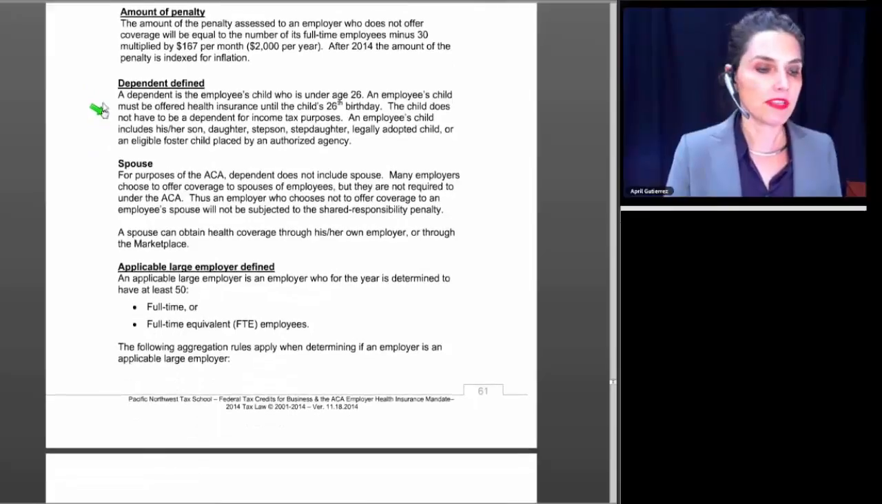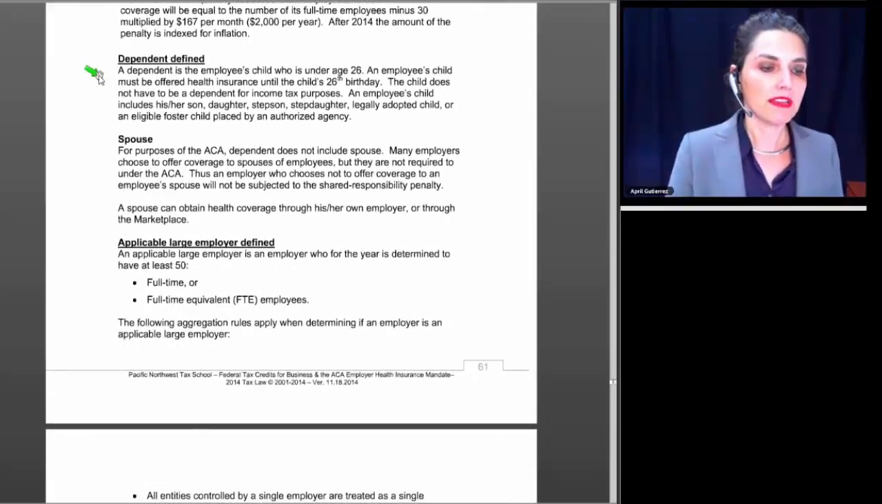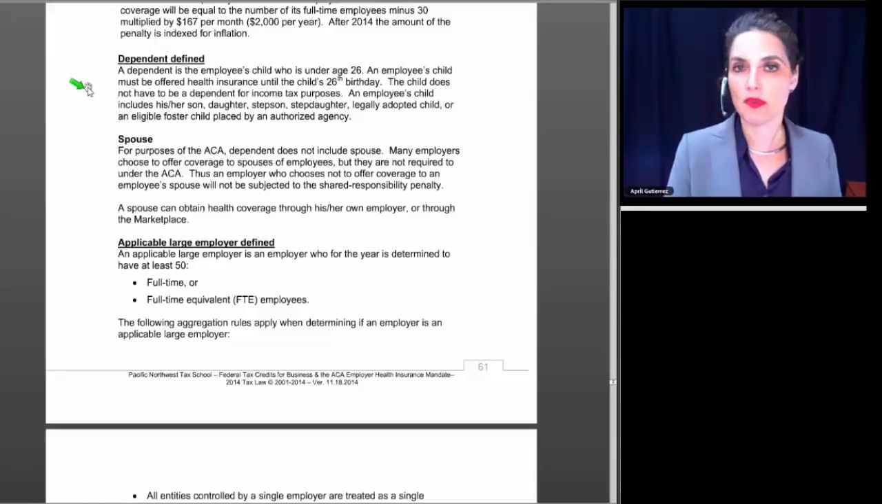So for purposes of employee coverage, who is a dependent? Well, a dependent is the employee's child who is under the age of 26. An employee's child must be offered health insurance by the employer until the child's 26th birthday. The child does not have to be a dependent for income tax purposes. An employee's child includes his son, daughter, stepson, stepdaughter, legally adopted child, or an eligible foster child placed by an